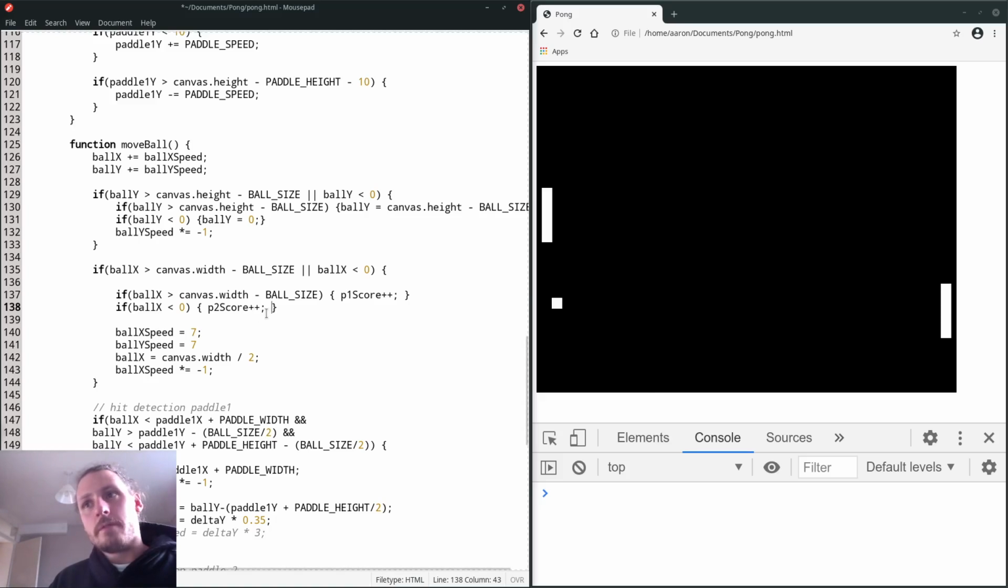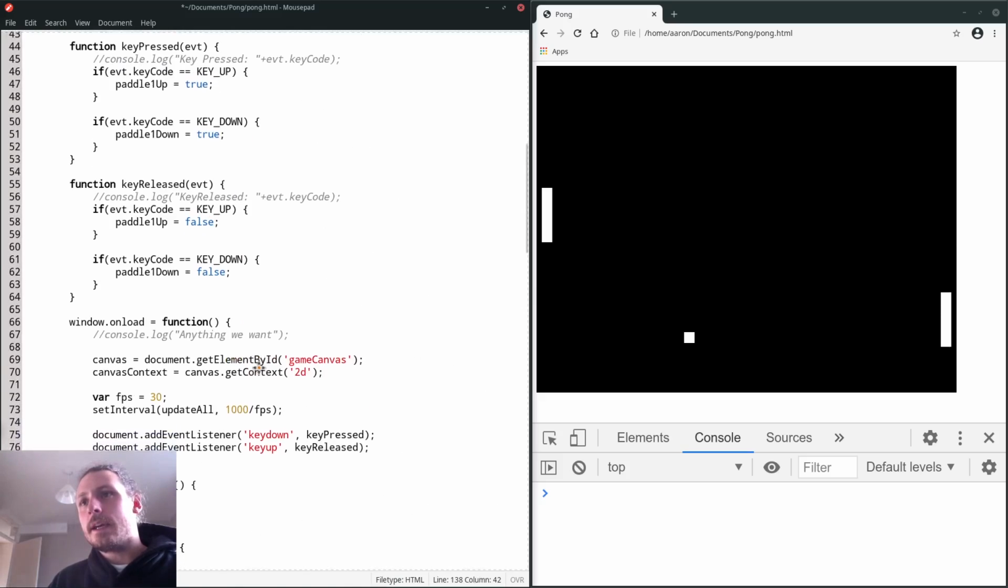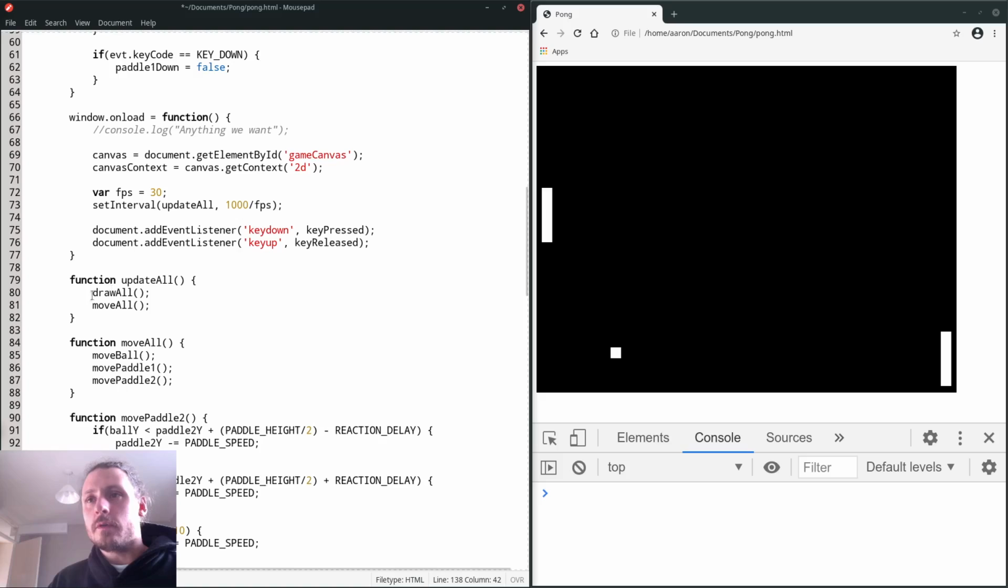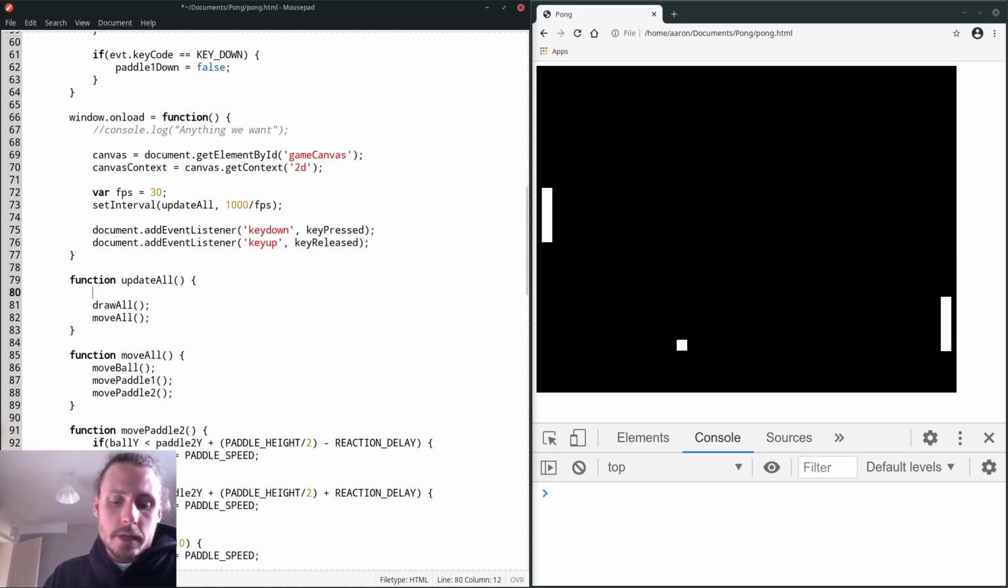Now we could save that and refresh, but we've got no way of accessing the scores. So the scores are going up, but we don't know what the scores are. So in the update all function, I'm going to console.log player 1 plus P1 score, and then plus